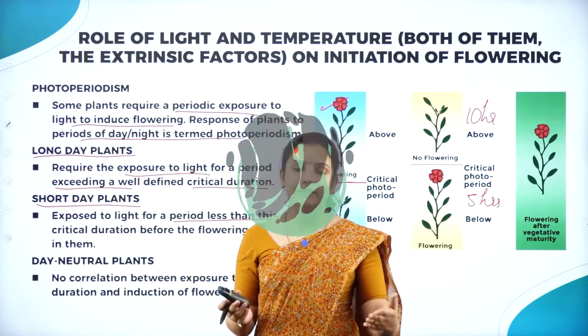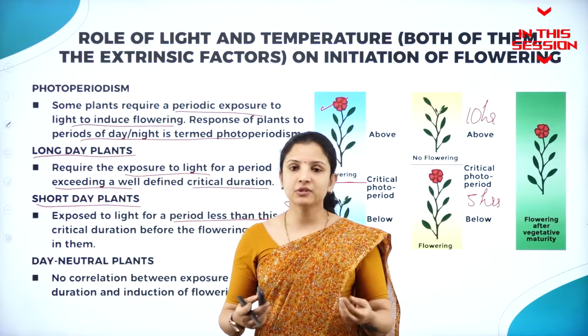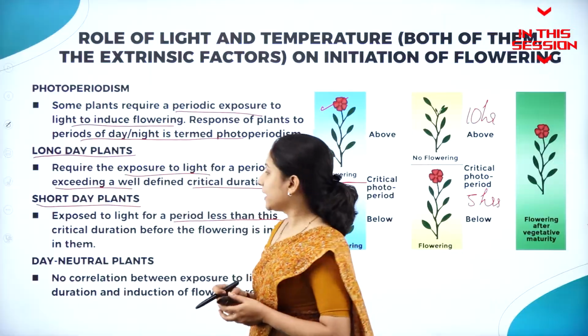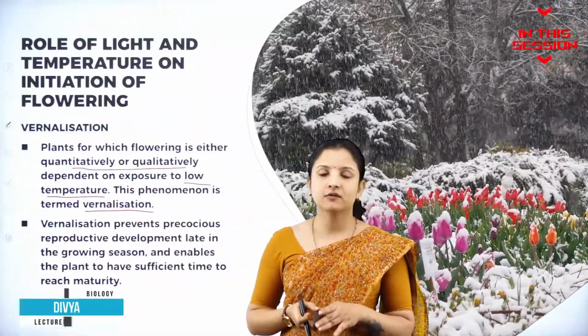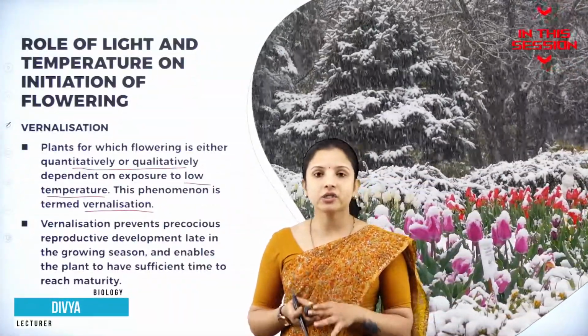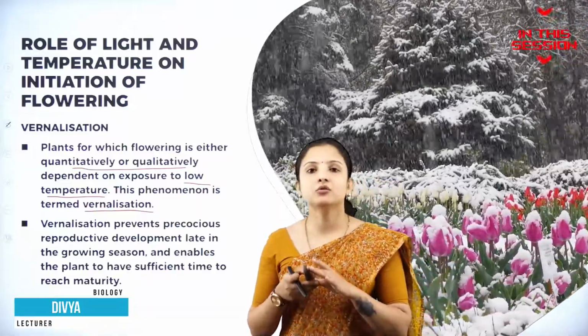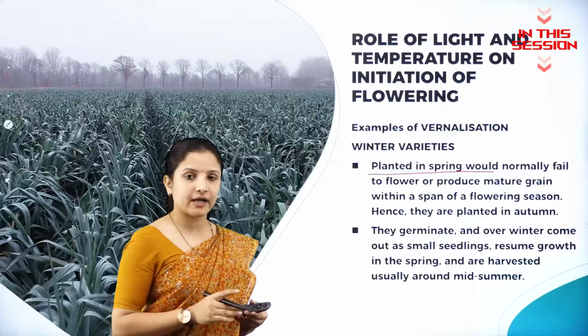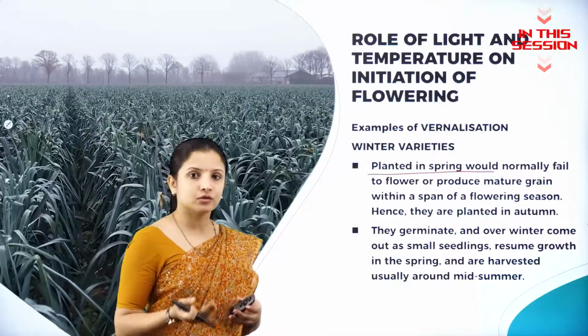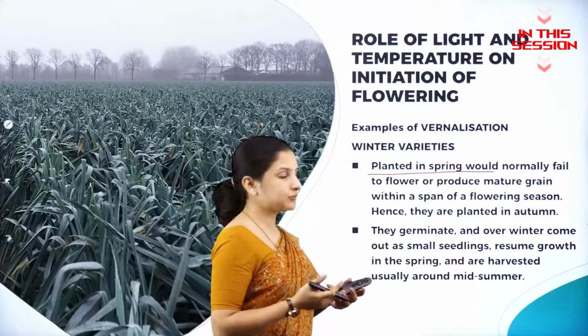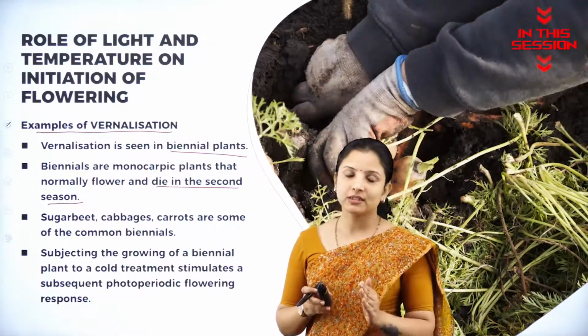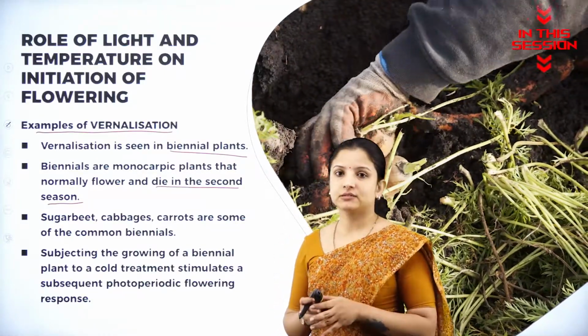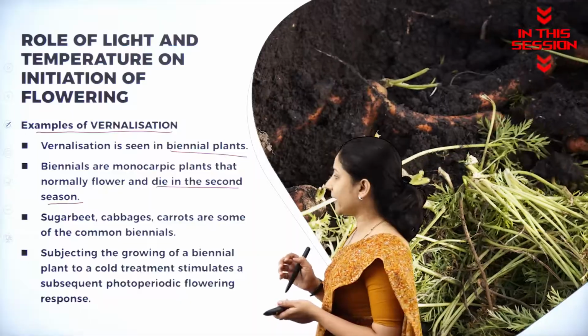Long day means long exposure to daylight. Short day means very short exposure to the daylight. Vernalization means the flowering of a plant actually depends on the temperature to which the plant is exposed. During the spring season, the winter varieties actually attain growth. So that is why they cannot be planted in the spring. The flowering takes place in one season, the plant dies in the next season. So that is why they are called biennial.